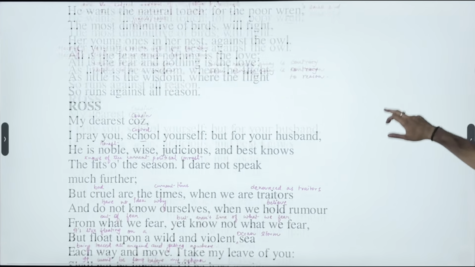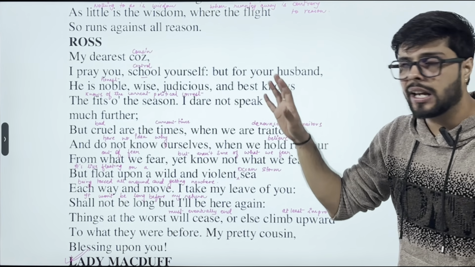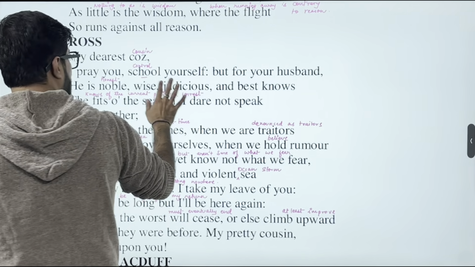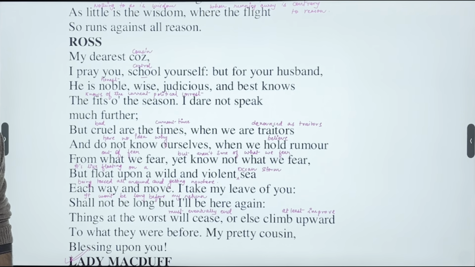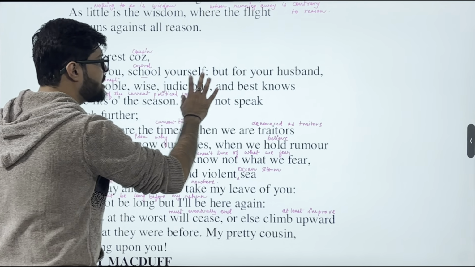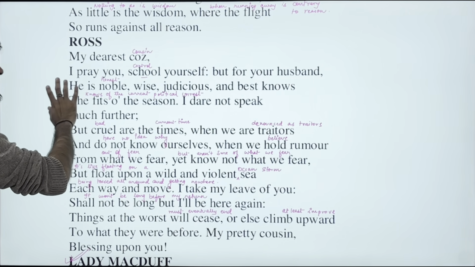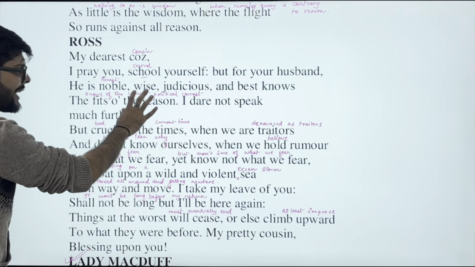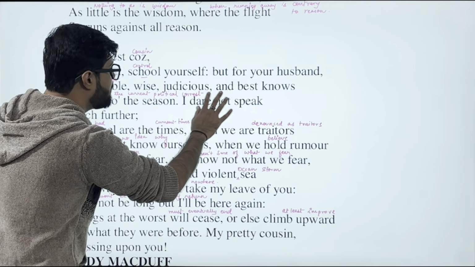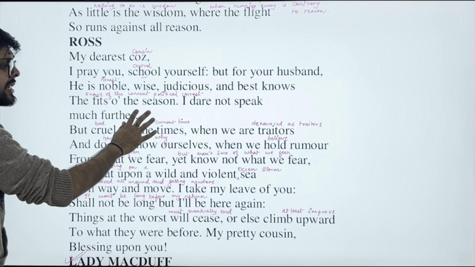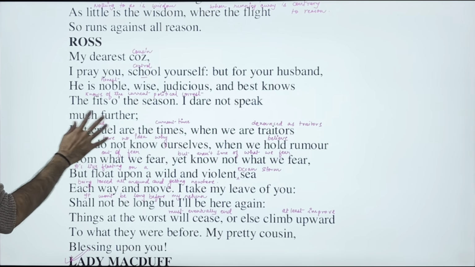Ross says: My dearest cousin, I pray you, school yourself. Please control your emotion. Mellow yourself down. But for your husband, except for the fact that your husband, that is Macduff, he is noble, he is wise, he is judicious, and best knows the fits of the season. I dare not speak much further,